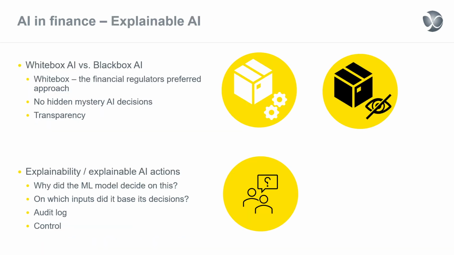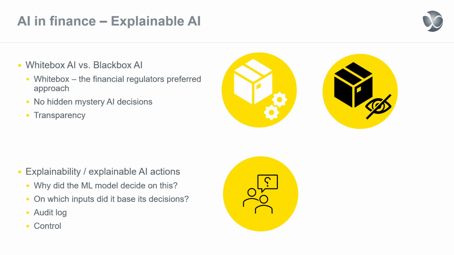Another very important topic within finance is that you have an explainable AI. As we talked about last year, there's always a difference between a white box AI and a black box AI. And of course, a white box AI is the financial regulator's preferred approach because there's no hidden mystery about the AI decisions and you have full transparency into why the AI came up with what it did. Very important